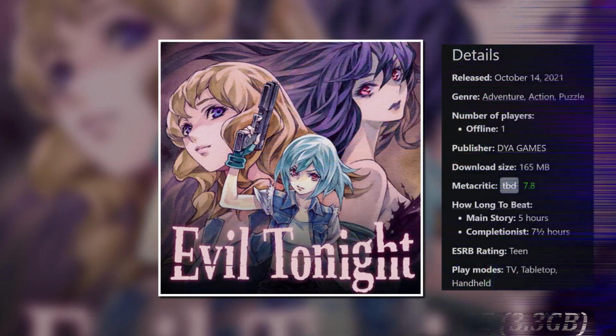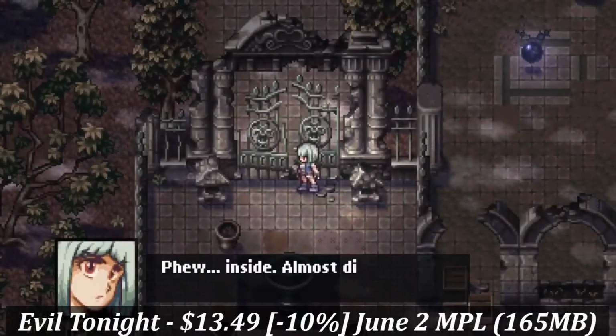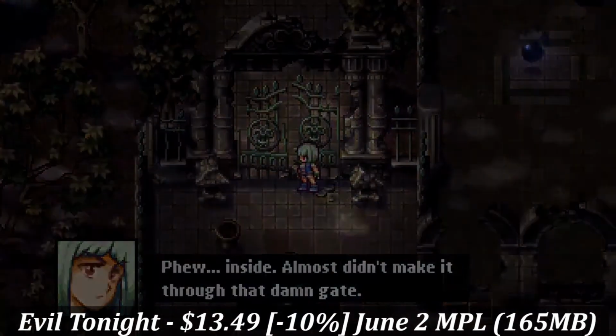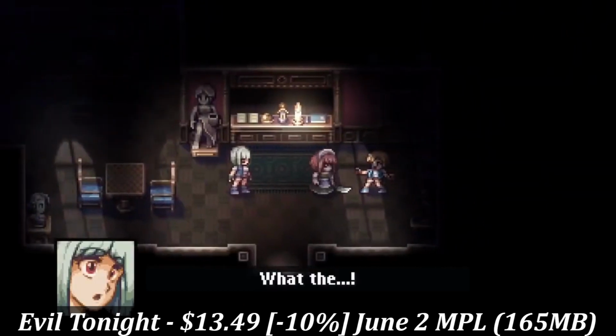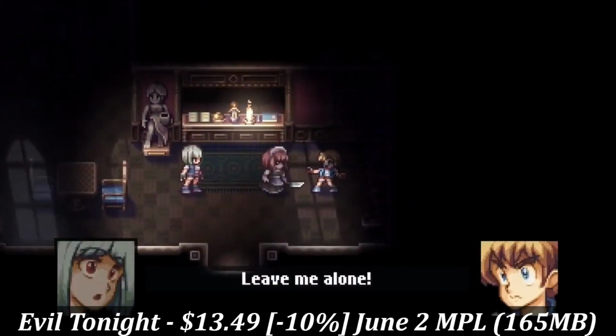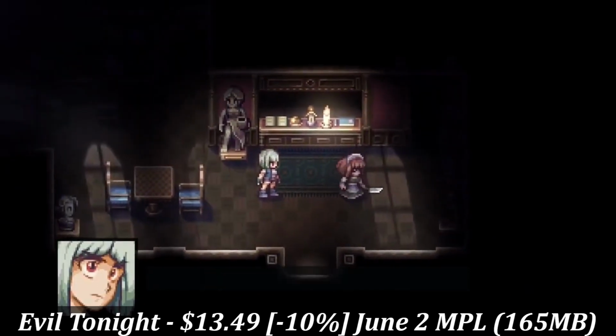Evil Tonight is a single-player adventure game from DYA Games, one of our personal favorites here at the channel. The game features a top-down view and feels very much like playing an older Resident Evil, just with better controls. Now there's no hand-holding, no map. You'll have to explore and find items, secret areas, solve puzzles, and manage your inventory in order to progress through